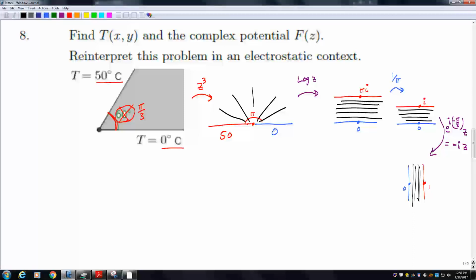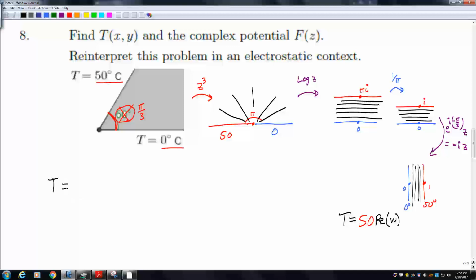And I claim that the solution should be pretty obvious over here. Let me remind myself what my boundary conditions are. We're 0 here, and then we need to reach 50 degrees over here. So to go from 0 to 50, I just multiply 50 times x, x also known as u, because I'm in the UV plane, also known as the real part of w, if we think of this as the w plane. Okay, so if we pull that back then to the original under this conformal mapping,